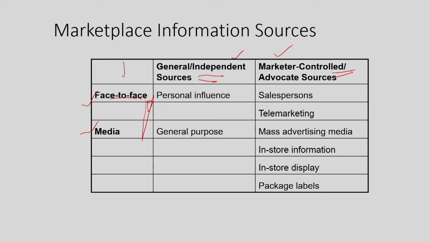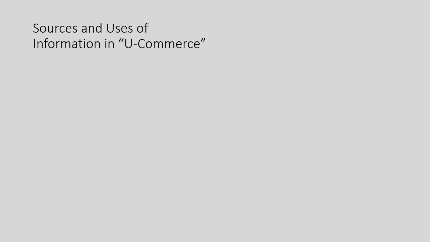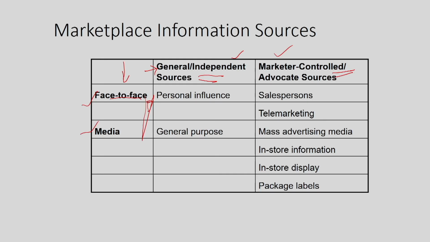So this is how the information gets to you, and these are the sources which provide the information, and this particular thing decides how the information search will be decided. For example, if you look at face to face, one way of providing face to face information in the market which is independent or personal